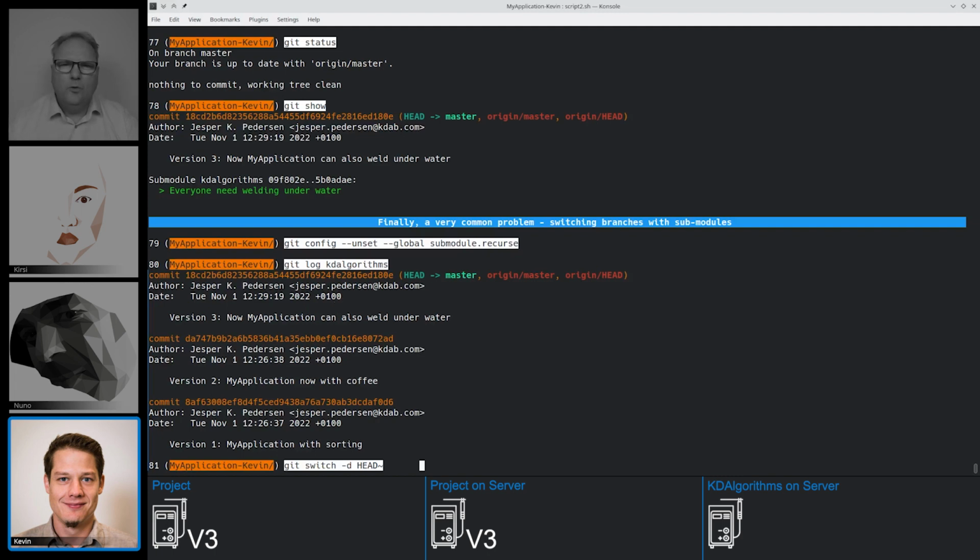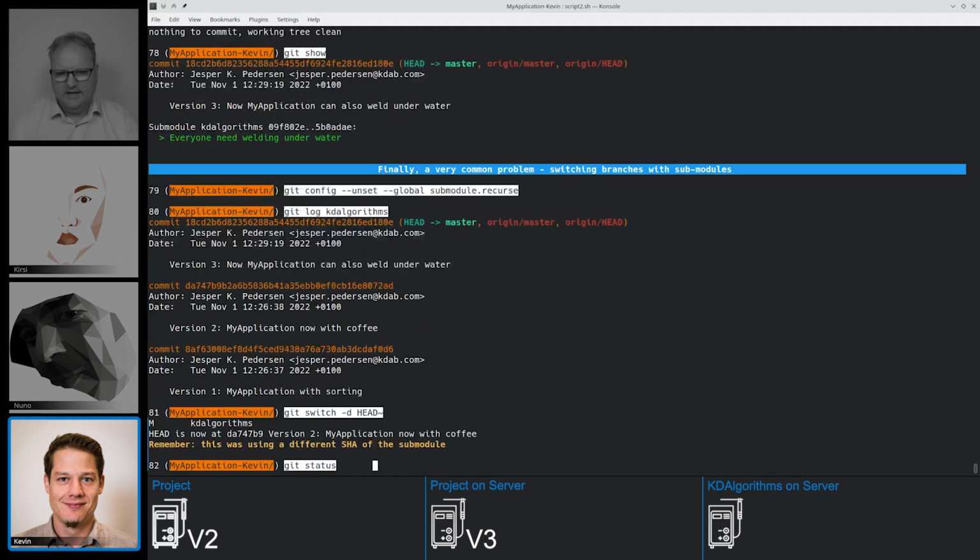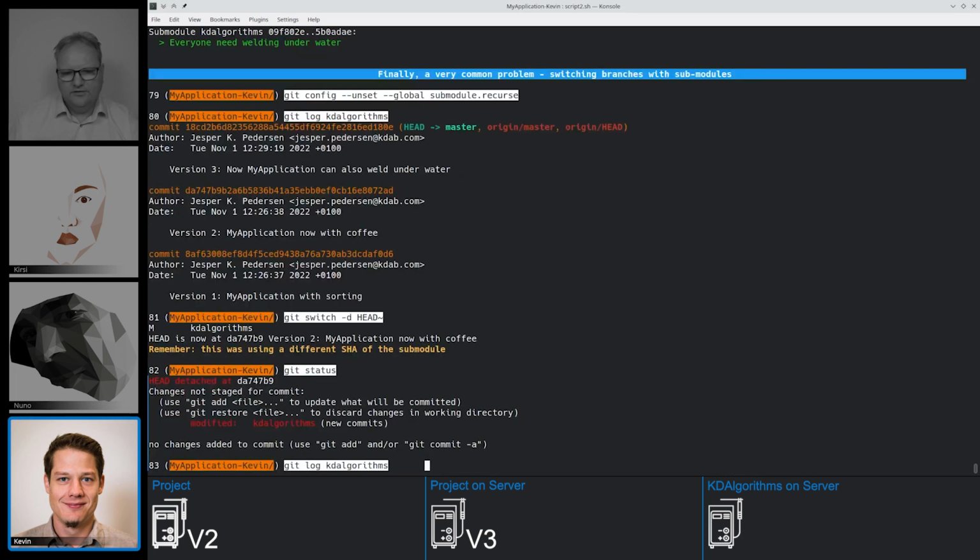So he'll just go one step up, and when he does that, he will be told that, hey, there's modification to KD algorithms, because remember in the parent version, that was version 2 of the application, it didn't do the welding underwater. And if Kevin does the git status now, he can see that, yes, indeed, KD algorithm has changed.